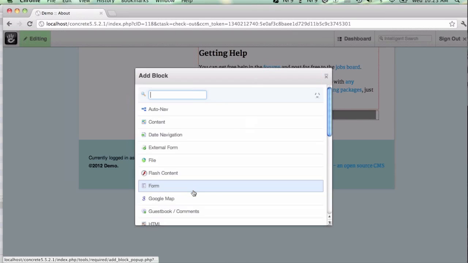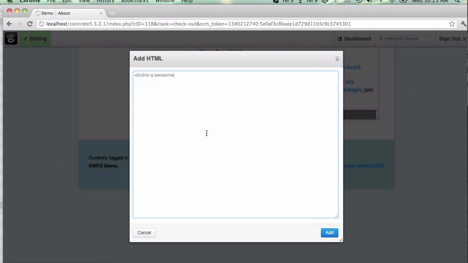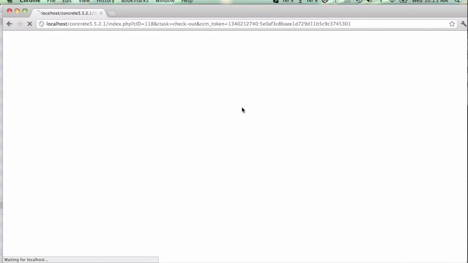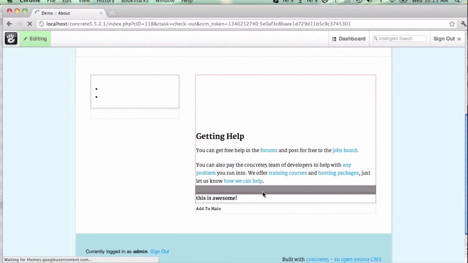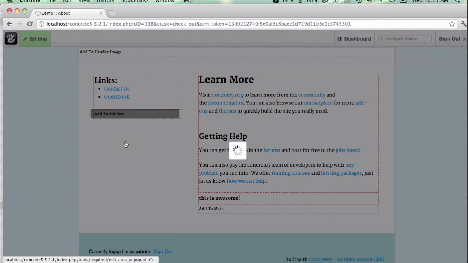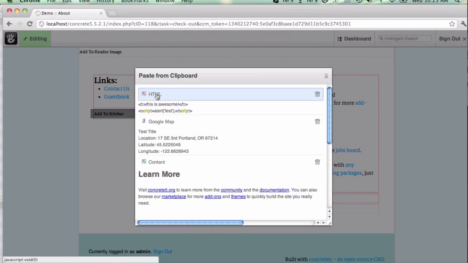So let's say I have an HTML block. I add this HTML in there. This is straight HTML, so it's going to run this way. And if I copy this to the clipboard and I go to paste from the clipboard, you can see that the HTML block has a scrapbook layer that is meant to combat some of the same problems that the Google Map block had. So somebody found that they were cutting and pasting snippets with JavaScript all over their site, and the